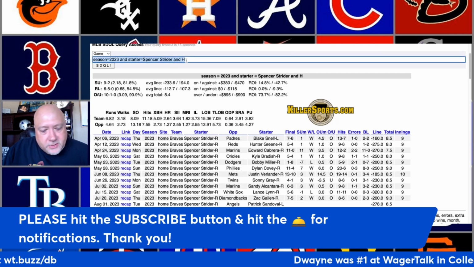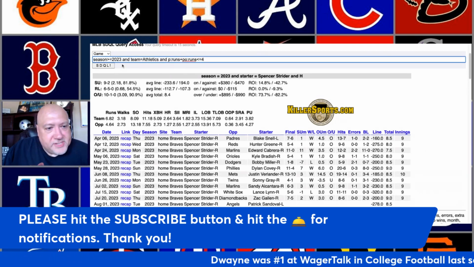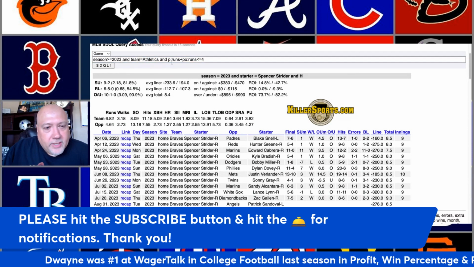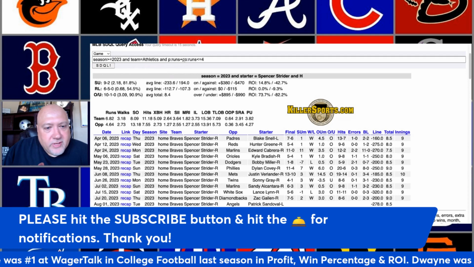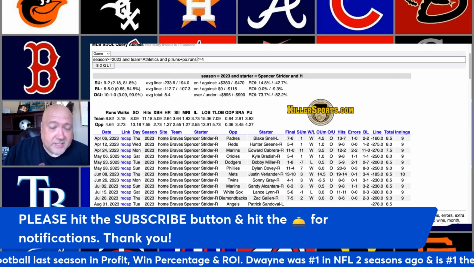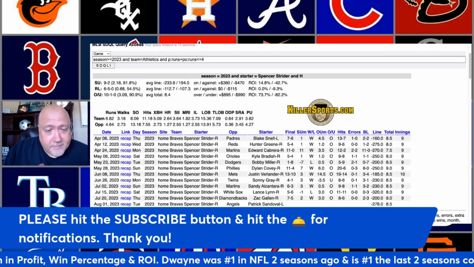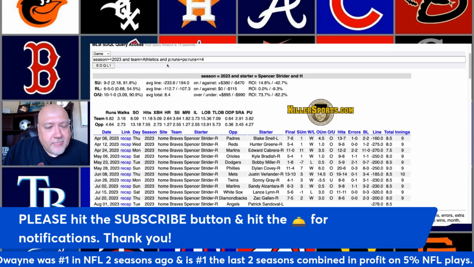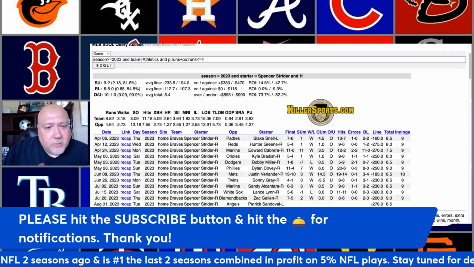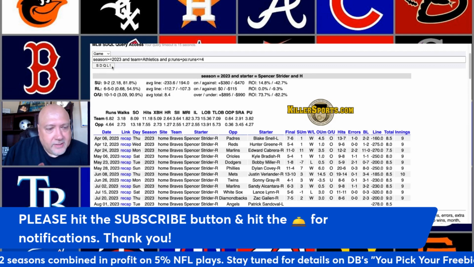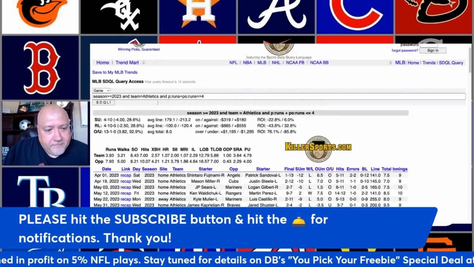For trend number 2, we are going to look at just this season again. This time we're going to look at the Oakland Athletics. We're going to look at them when their previous runs and their previous opponents' runs, so basically the score from their last game, was less than or equal to 4 total runs. So the A's this season, when their last game resulted in 4 runs or less, we'll hit the SDQL button,